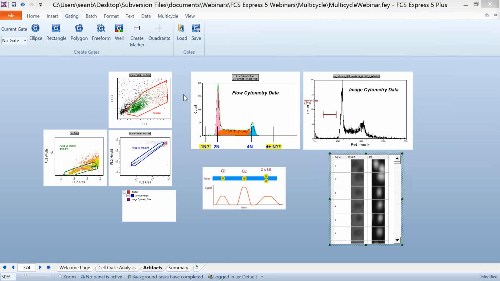All of these things must be taken into account. And what we've done here is we've set a marker gate to give you a little bit of an example of what can happen here. When we apply this image cytometry marker gate to our images, we can see that when we look at cells